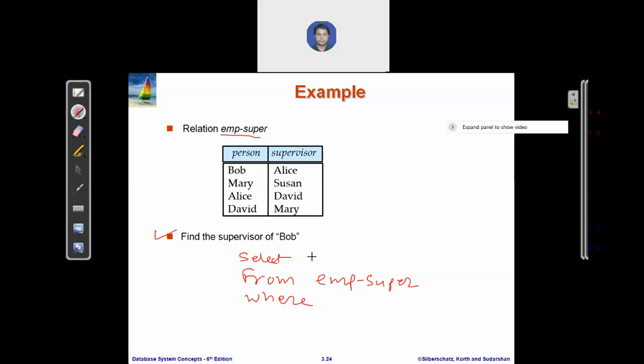Please unmute your mic and speak. What will you write in this where clause? Let me ask you. Mayank, Somani. Mayank, please unmute your mic and tell me what query you can write in this where clause?